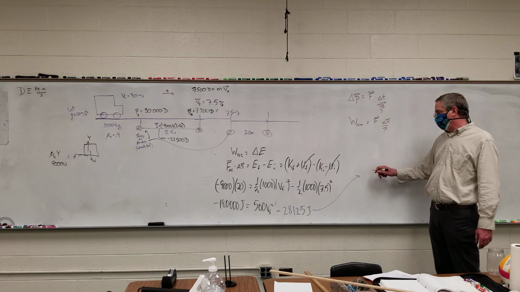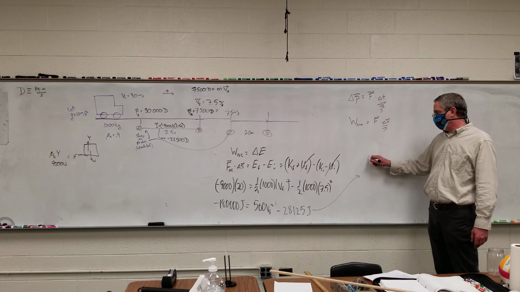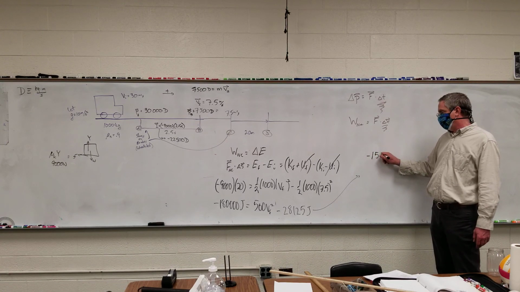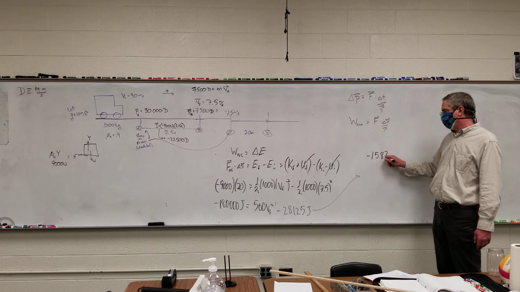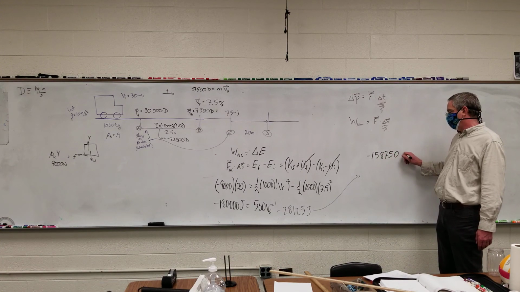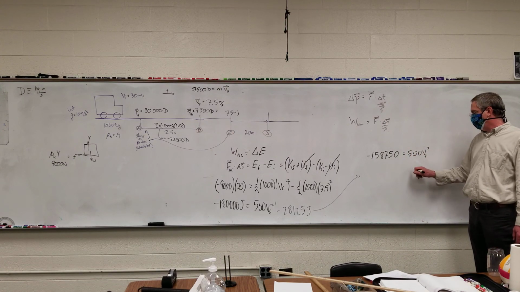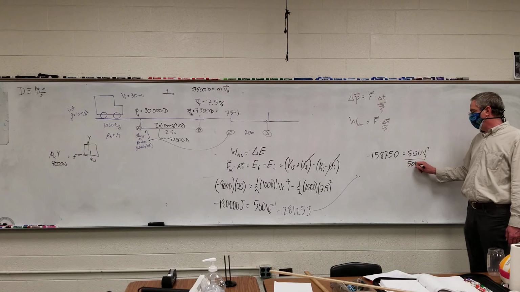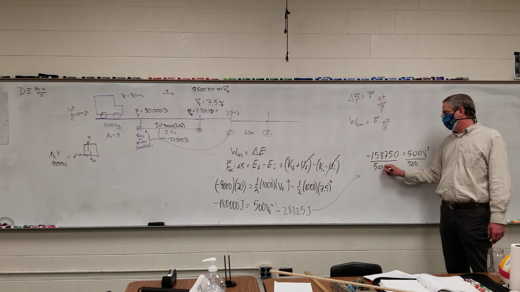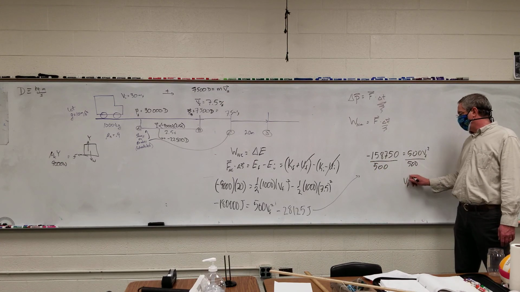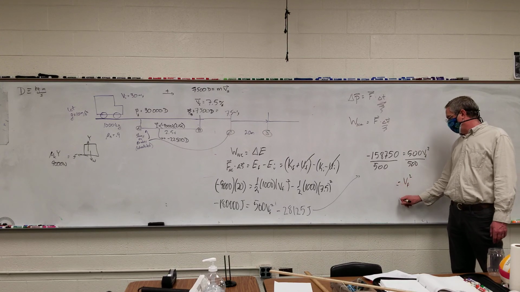And so we end up with, let's see, add that to both sides, so I've got negative 158,750 is equal to 500 times VF squared, divided by 500. VF squared equals something, and so VF